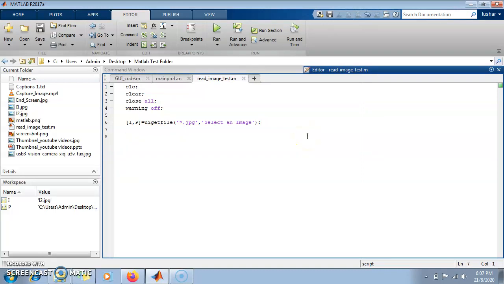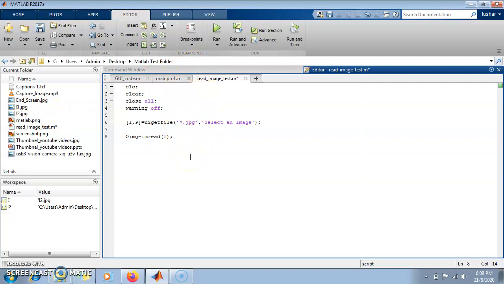But if you want to process the image, then you should read the image in the format of a matrix. To read the image in the form of a matrix, you have to use the command imread. Let us select another variable and now we'll use the command imread, and you can write directly the image variable, that is I. We can directly write the variable I if that image is in the folder where we have saved this code.